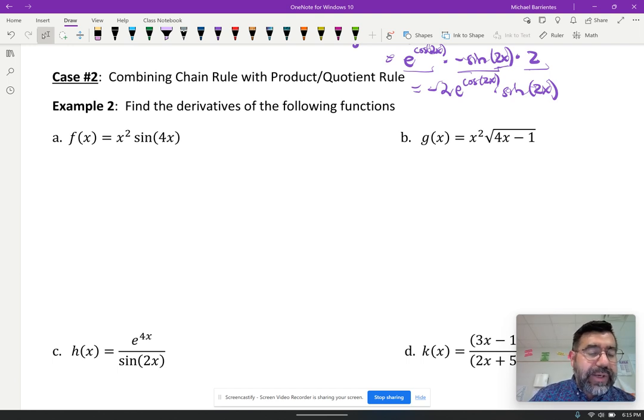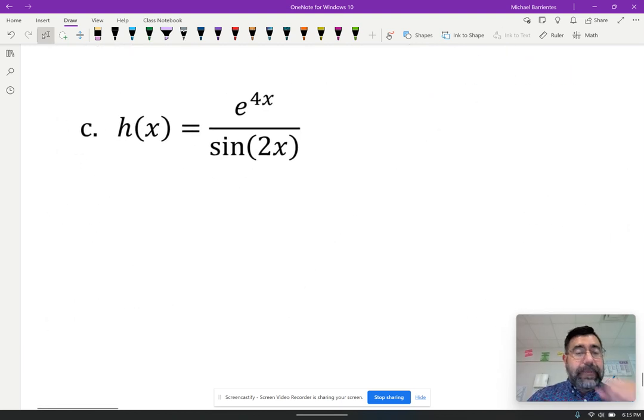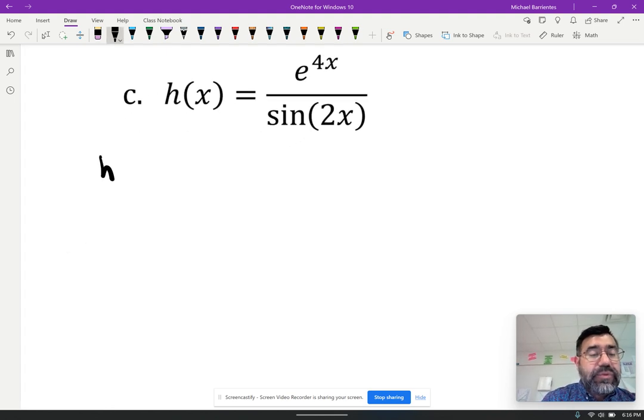So when I look, for example, at letter C, it's pretty easy to tell that this function h is at the very base level here. We're dividing, right? We're dividing e to the 4x divided by sine of 2x. I can see the division line. I know that I have to use the quotient rule. And if I'm going to use the quotient rule, then I have to set up my quotient rule in the correct manner. So I'm going to set up the quotient rule,